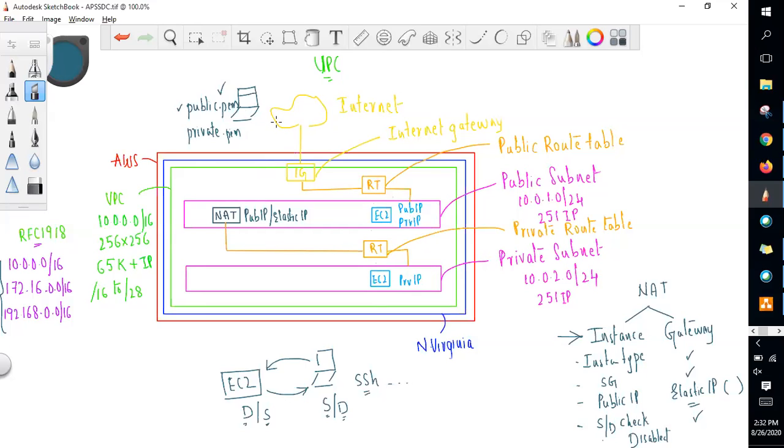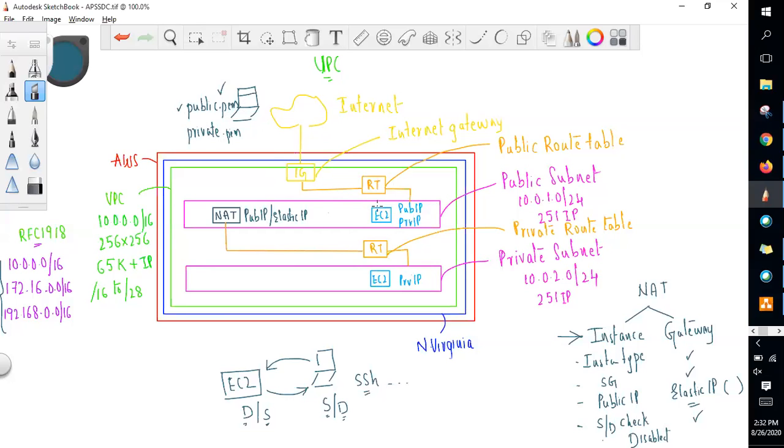Yeah, so in order to connect to this EC2 instance from your local PC, you should be having the public IP address as well as the PEM file of this EC2 instance. Okay, so we have it. We have the public IP address and the PEM file in our local machine, but I cannot connect to this EC2 instance with the help of private IP. No, I need a public IP to connect from your local machine to this EC2 instance.